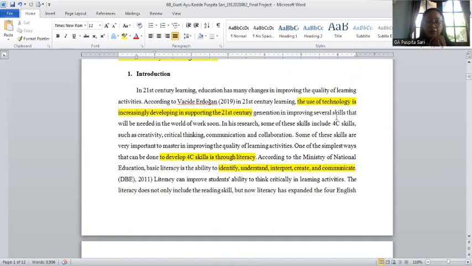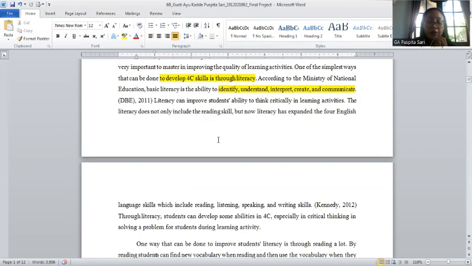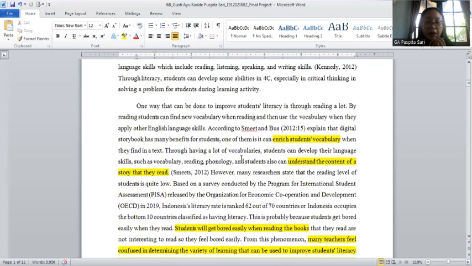So, from literacy, it can improve students' ability to think critically in learning activities. So here literacy not only requires reading skills, but literacy is also expanded to the four English language skills, which include reading, listening, speaking, and writing skills. The next is I explain about the use of literacy in